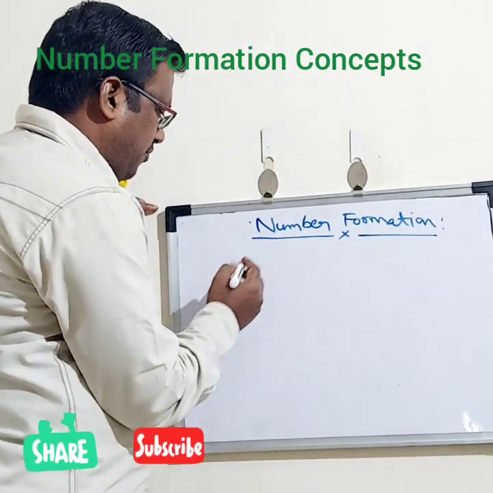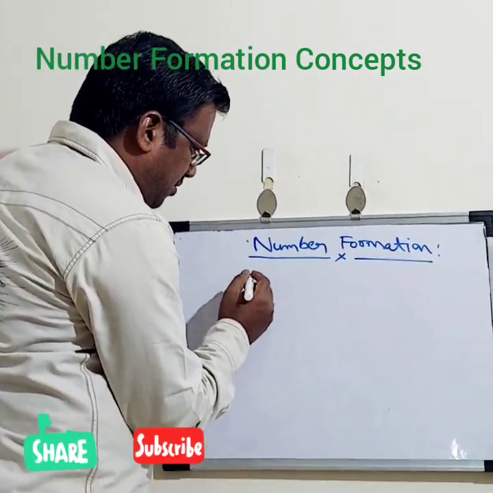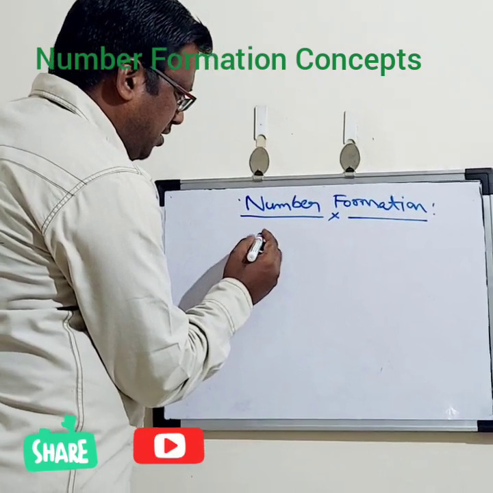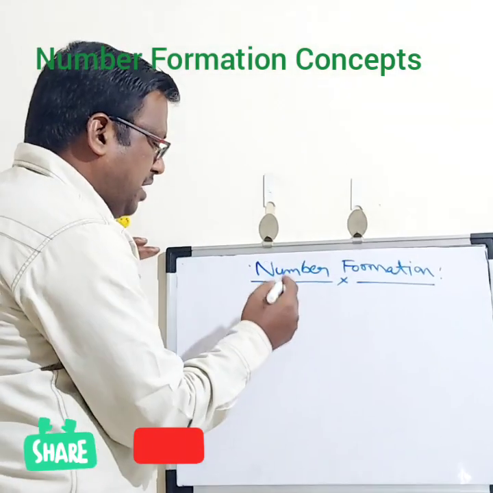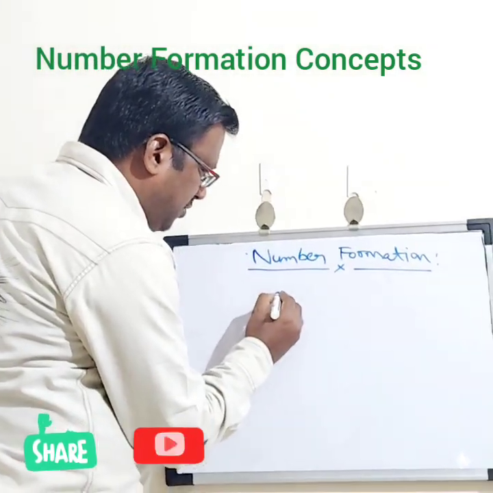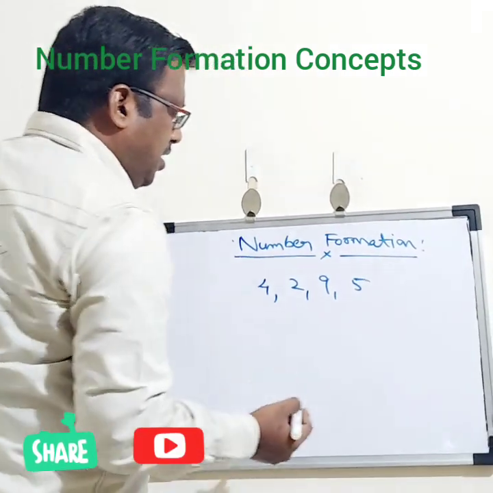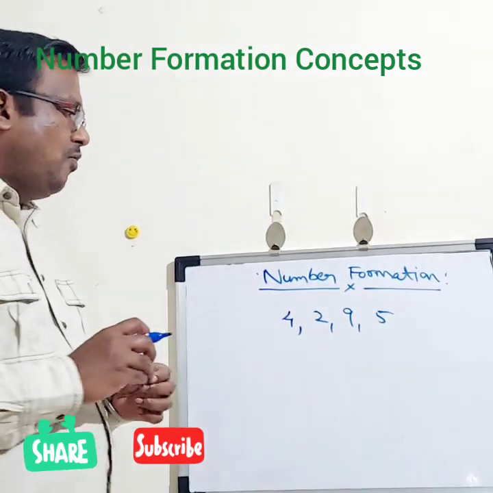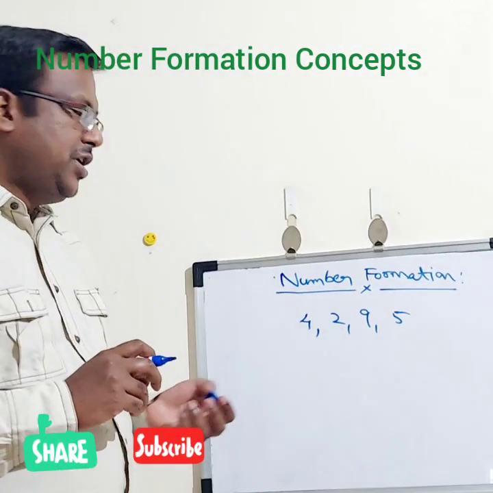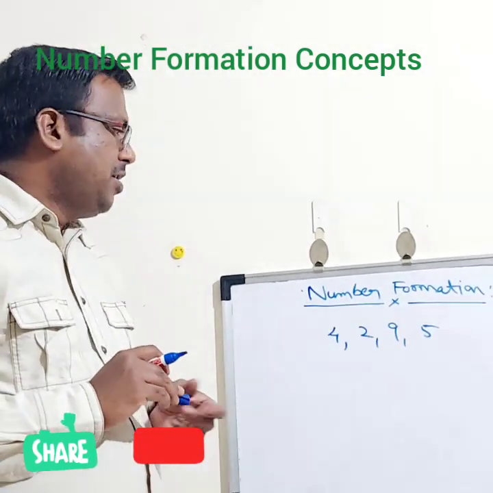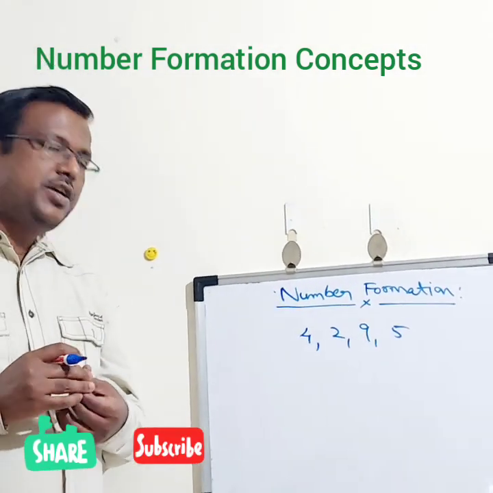So we'll discuss one problem. Mahesh is playing a card game. He's playing cards and he has the cards 4, 2, 9, 5. Then his brother asked Mahesh what is the maximum number that he can frame, that is the maximum 4-digit number that he can frame by using each number only one time. So the question here is that maximum number.